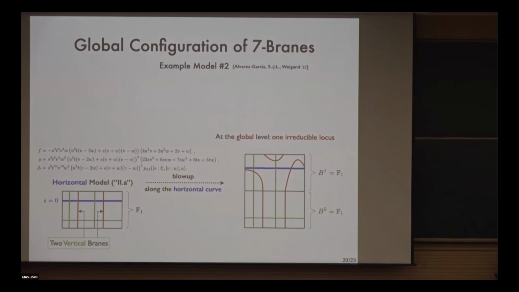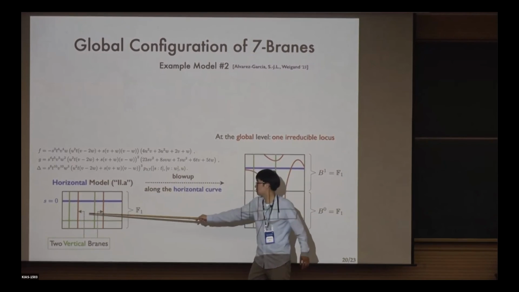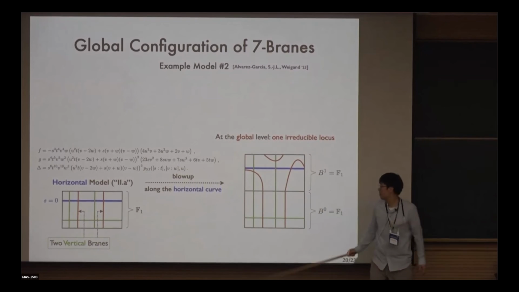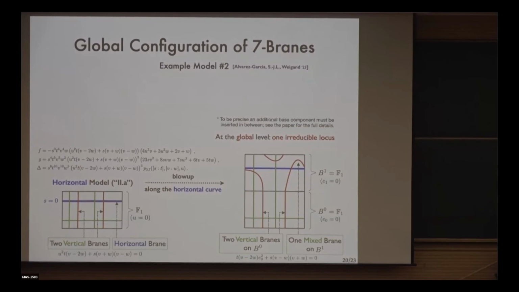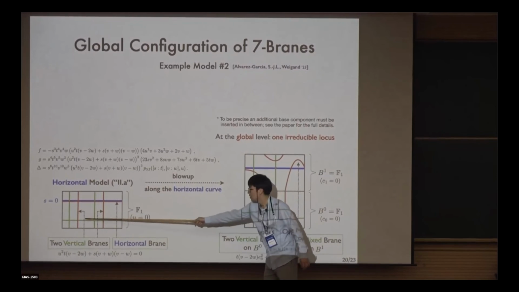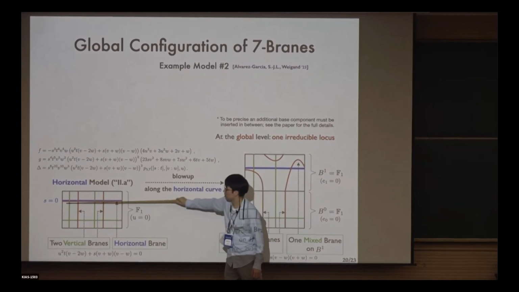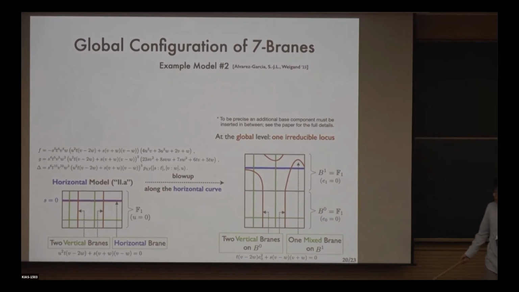So again, you might wonder how this could happen because these are two separate vertical 7-branes. How could they actually be combined after the elongation, or after actually zooming in on it? And secretly, what happens is that these two vertical branes that looked like they are separate are actually joined by part of this non-minimal stack, so that they could actually combine, and they do actually combine upon elongation.